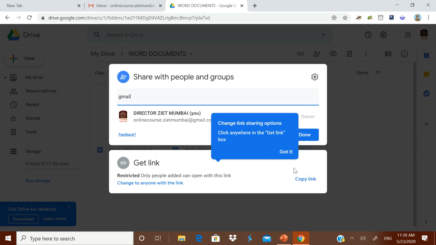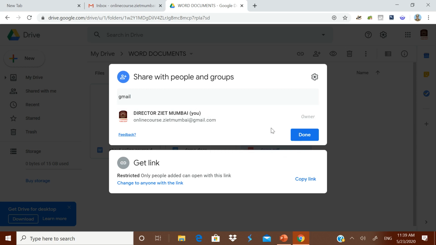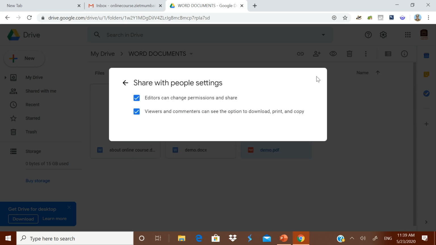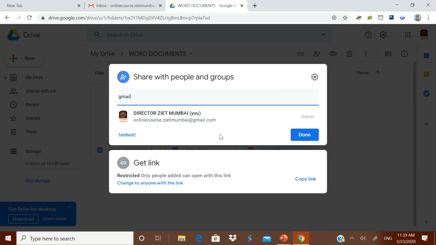Now remember that whenever you are doing it, you have to give options there. Restricted: only people added can open with this link. Now you have to give some options also. Editor can change the permission and sharing. Now there are certain ways that they can only see it, they cannot edit it. Suppose